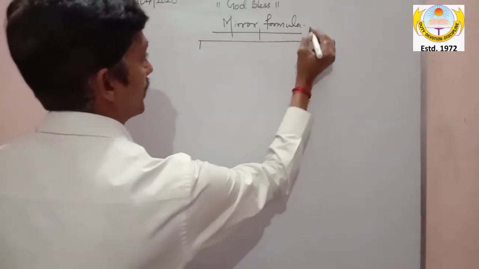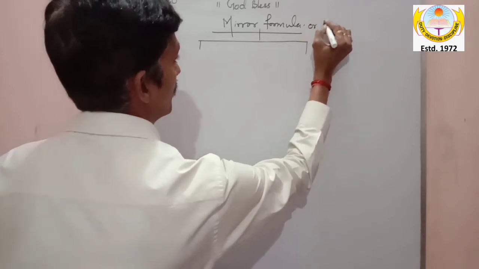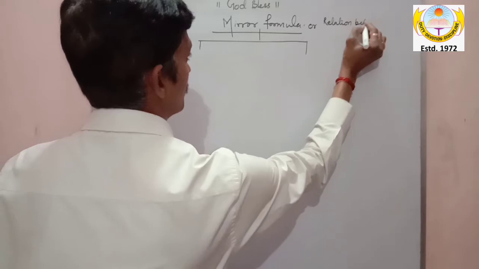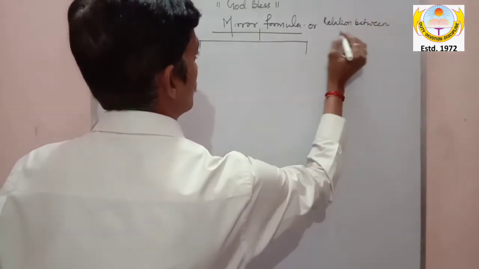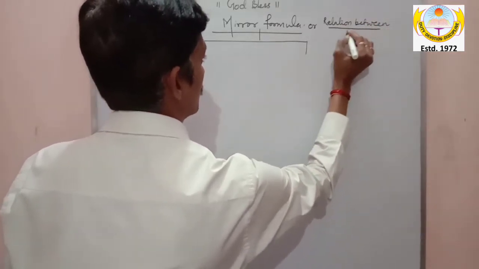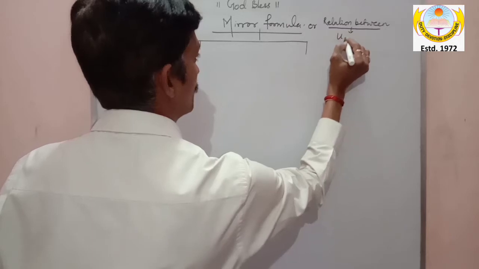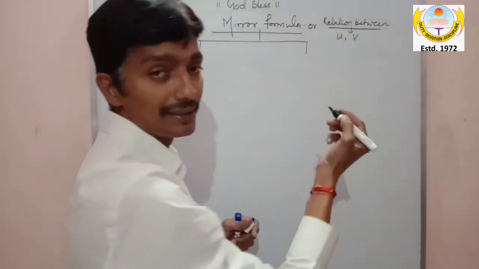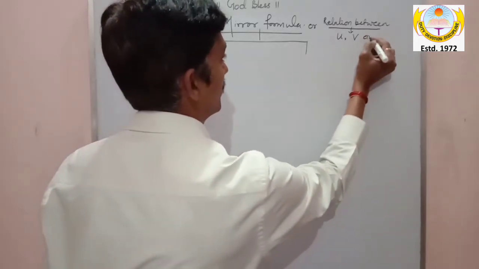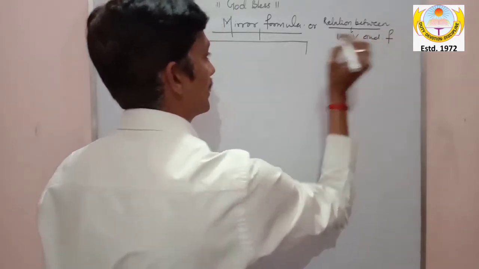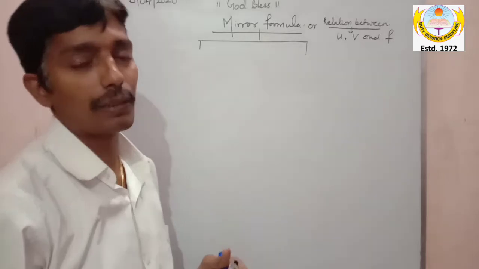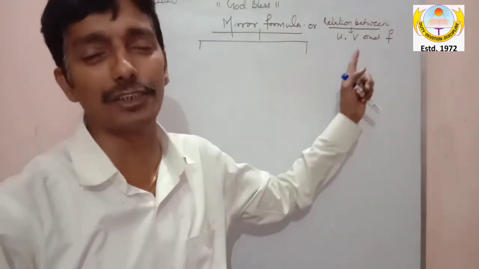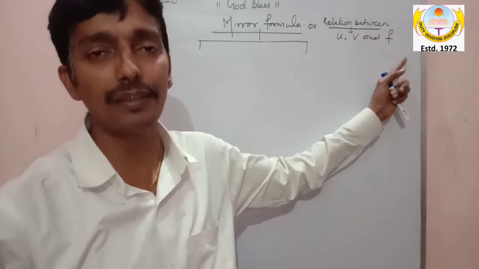This mirror formula is also called the relation between U, V and F, where U is object distance, V is image distance, and F is focal length. So my dears, your exam can ask you the question, derive the relation between U, V and F, or